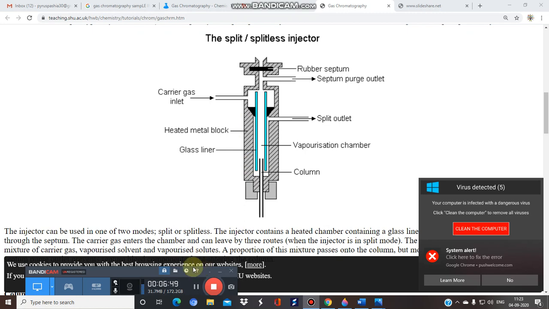And this is again the column. We know the mobile phase is the carrier gas, and this is your sample that contains the mixture. They will go to the column, and the column is the place where you have a stationary phase. It is the heart of the gas chromatograph, because it is the place where separation will take place. So this is the diagram of the most important component of the injector.